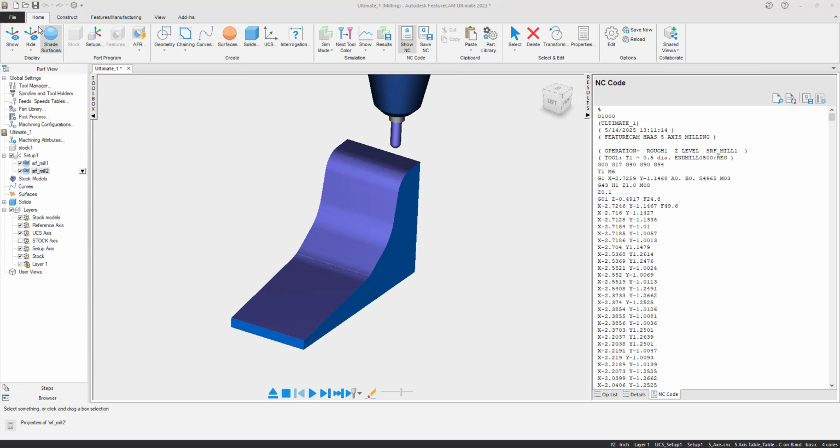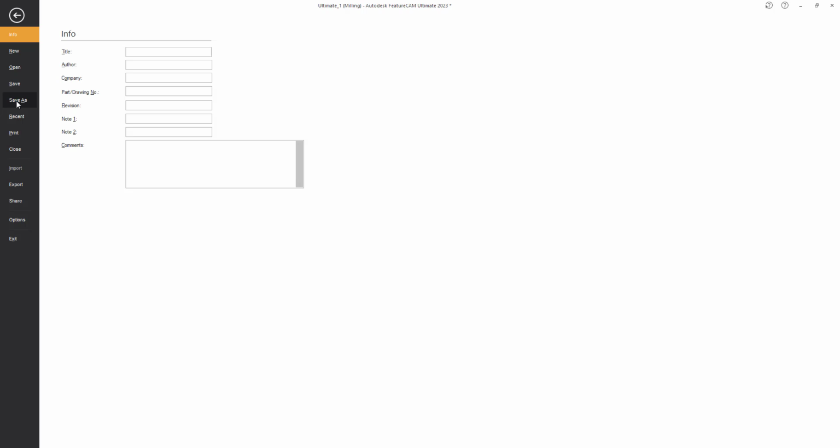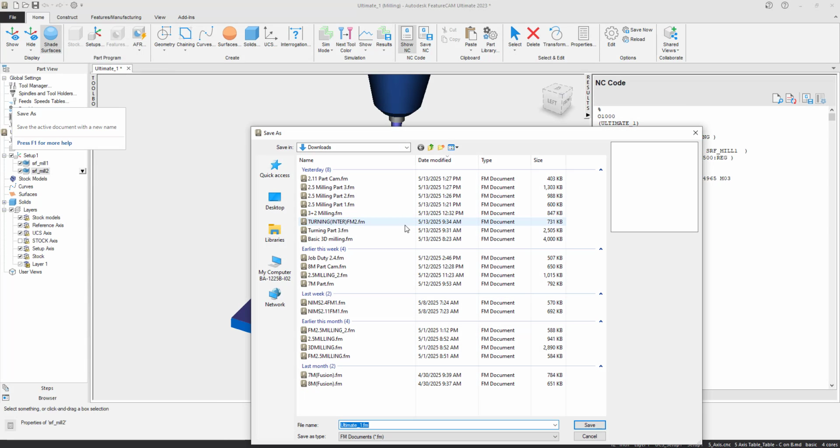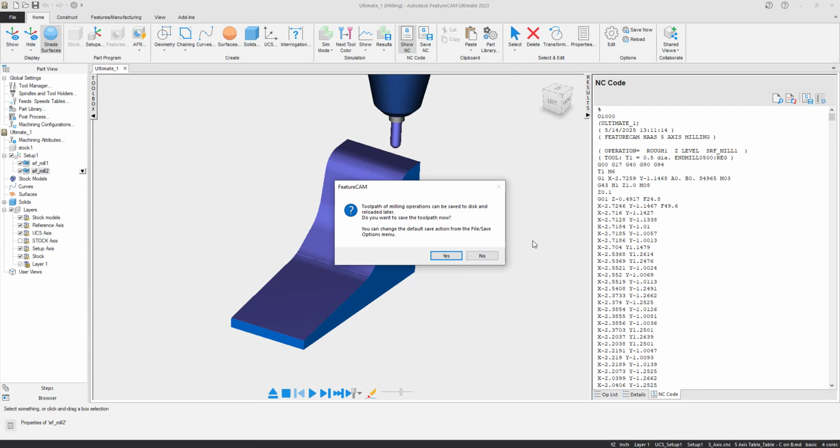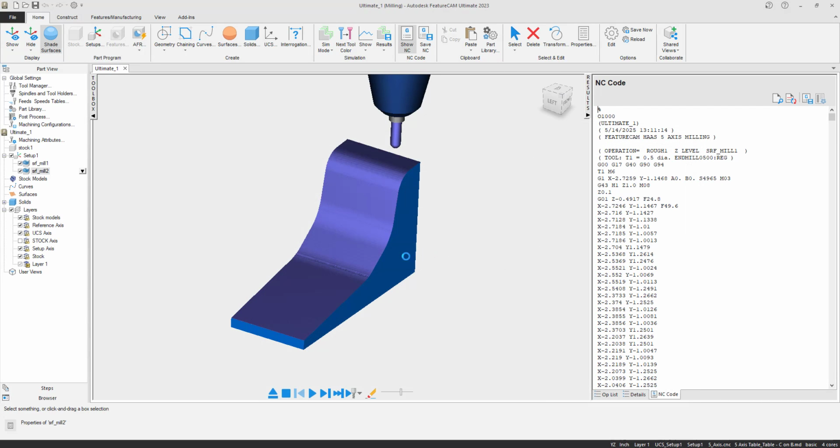So the last thing we want to do is we're going to go to File. We're going to go Save As because we don't want to do this again. And we got to know where we're saving it to, but I'll go ahead and save it as 5-axis simulation. And then I'll just hit save, and then it's going to say my toolpath, and just like that, we are